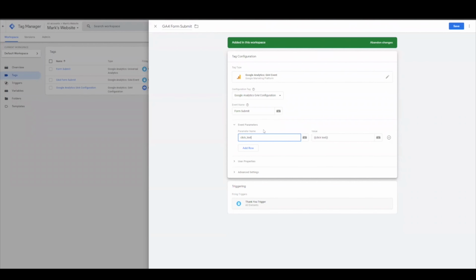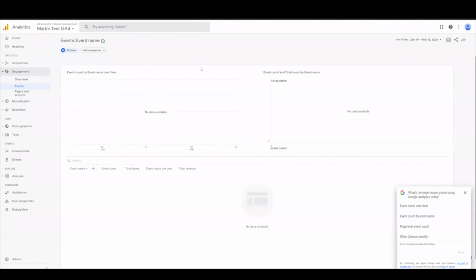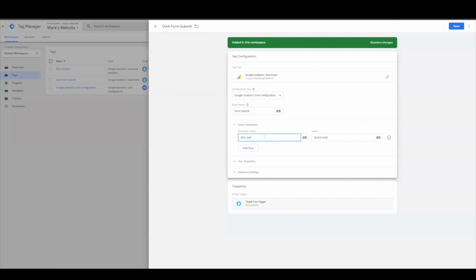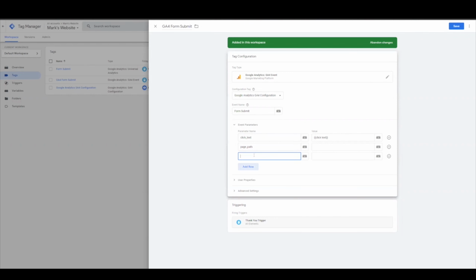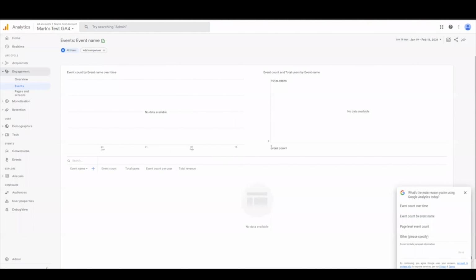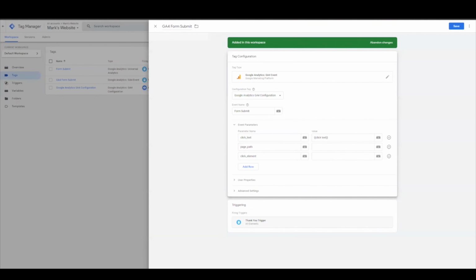So remember that the click text has to be defined as a definition in GA4 for it to pull through data. So you could do this for page URL or page path, or click element, things like that. And you could define them as whatever you want, and they'll pull through, and you can separate the performance based